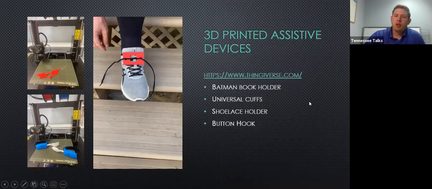So these are some 3D printed assisted devices. He had mentioned to his OT that he wants to learn to tie his shoes. And being able to tie your shoes with 2 fingers or 3 fingers is even more difficult than you think. I played around with it to learn. But this is a brief little video on something that I 3D printed to help him hold the shoelaces in place. And on the back side of this square piece here, which I call a shoelace assistant or shoelace holder,